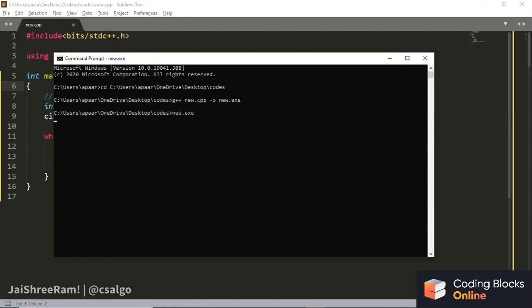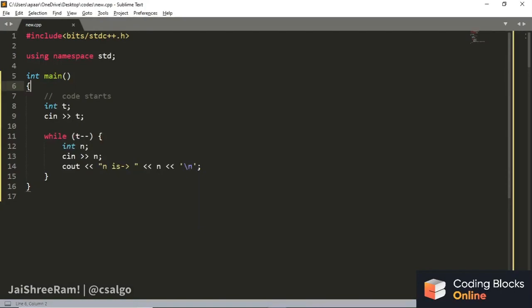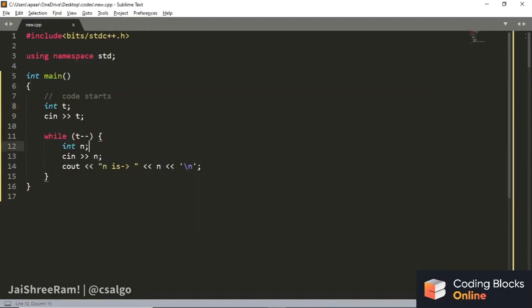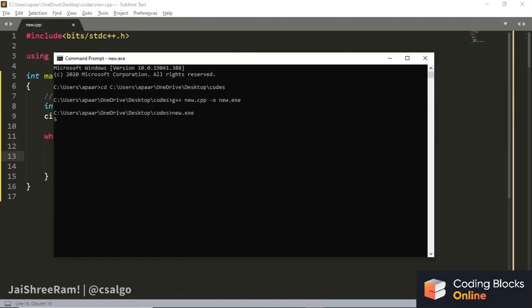So basically my program is running, right? In this I have test cases. Let me write 5 test cases, right? And after that we have an input n, right? So let me write 1. So n is 1, 2 n is 2, 3 n is 3, 4 n is 4, and 5 n is